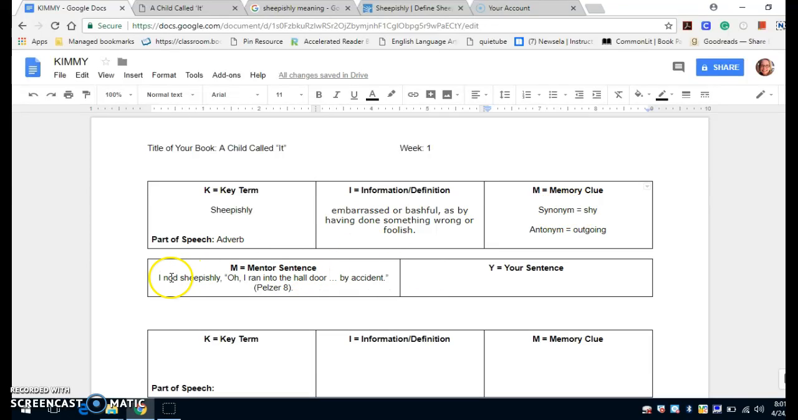So I have for my mentor sentence, I nod sheepishly, oh, I ran into the hall door by accident. So my sentence, I'm going to come here. I see that the bold isn't off. I'm going to type, and I'm going to look at my mentor sentence, and I see that I is the subject, and the predicate is nod. And how did they nod? They nodded sheepishly, and then they have a direct quote. I'm going to put, I answered the question sheepishly in class because I was unsure if the answer